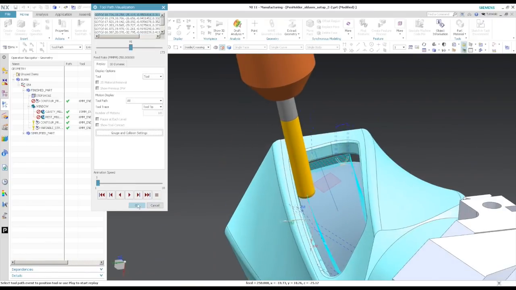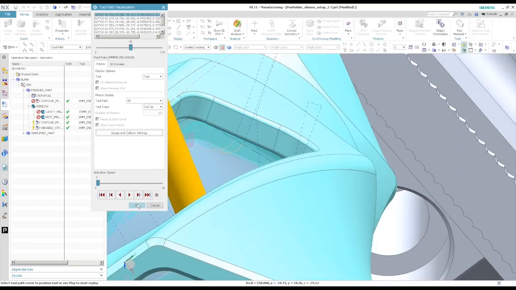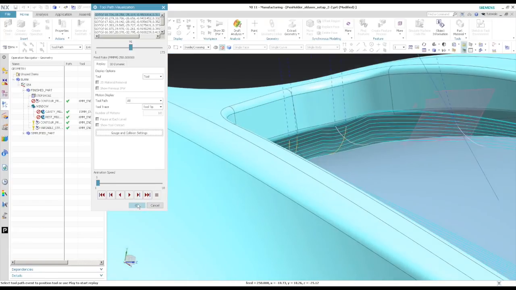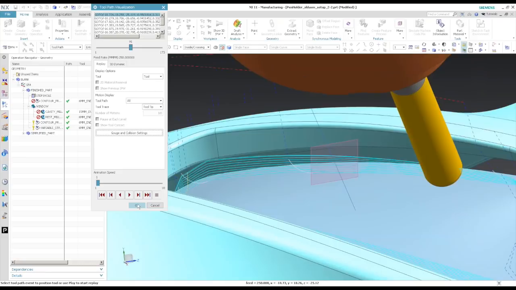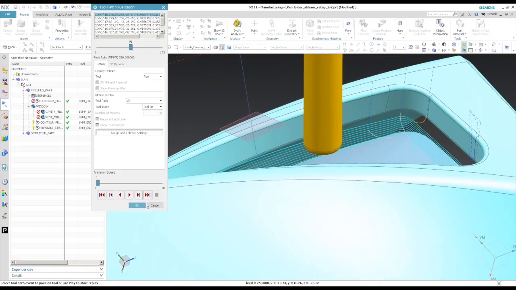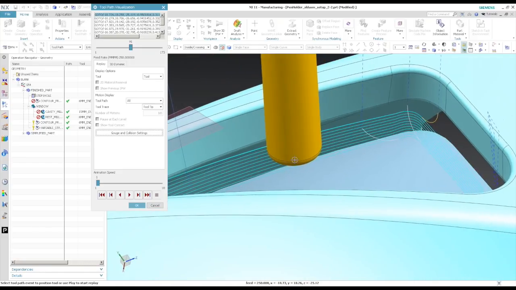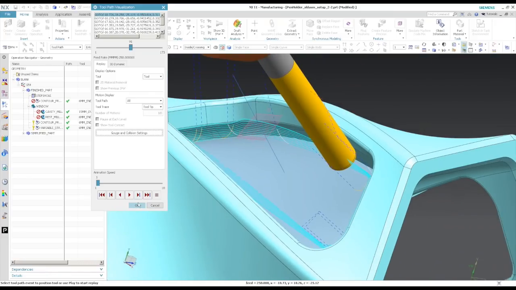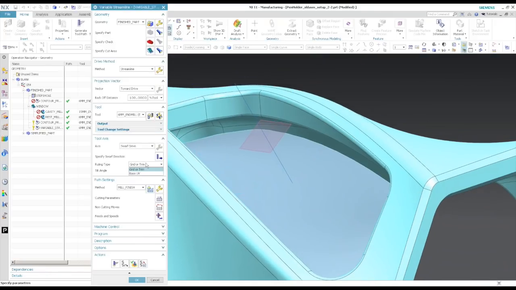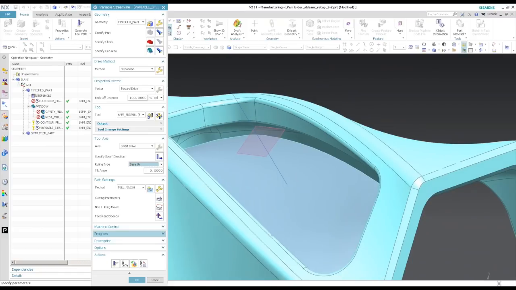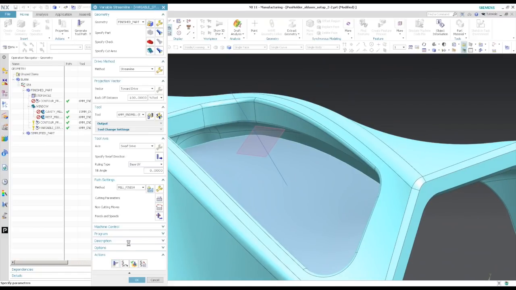So not bad. This is a pretty good result. We got a few lifts at the bottom when it's below the contact point. It's pretty smooth coming in. This is a helical toolpath, and then if we compare that to the base UV, I'm sure this will have